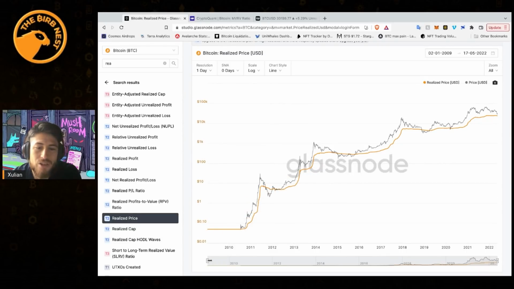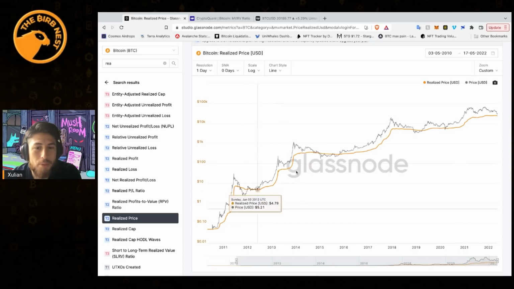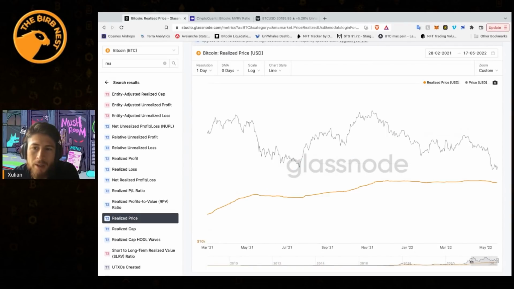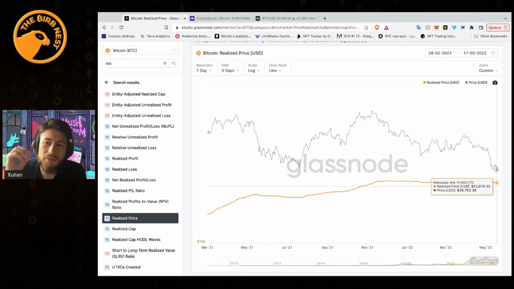The price of Bitcoin is not reflecting the fair price. We can see that 2018 bottom had a very similar realized price. It matches with the MVRV score that we just talked about. And right now, we're not quite at realized price. So if we zoom in quite a bit more, we can see where the realized price sits right now, which is right around 23, 24K. Usually we get a first bounce off of the realized price before we break below it and really make that bottoming pattern of Bitcoin. On Ethereum as well,